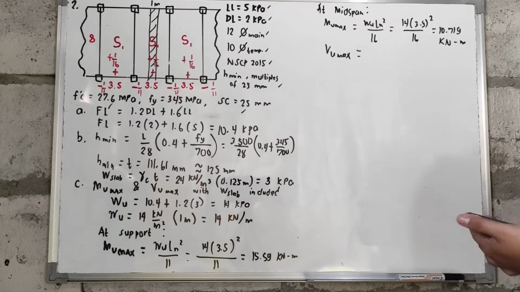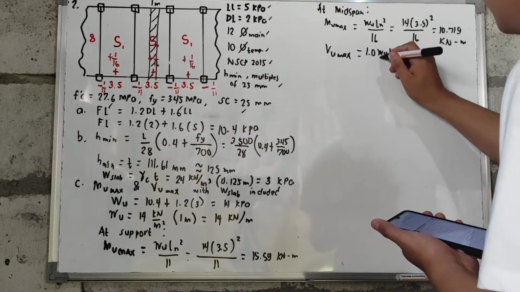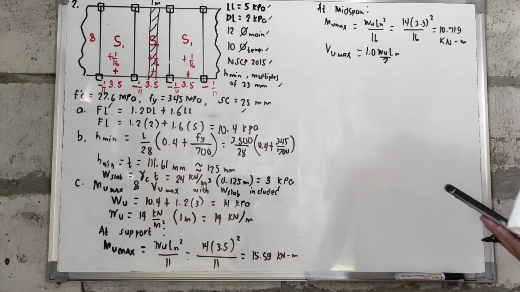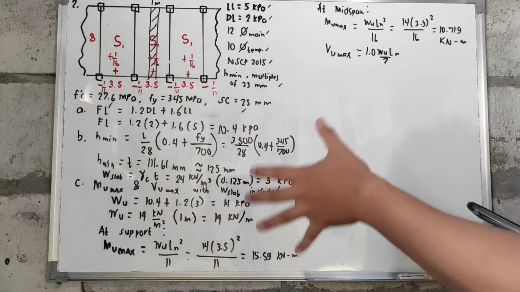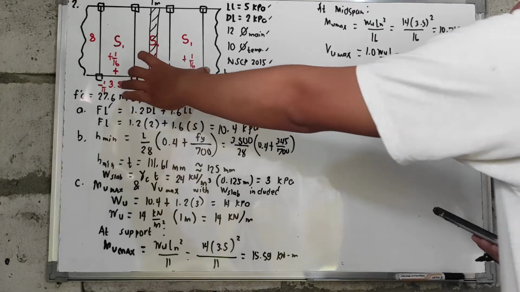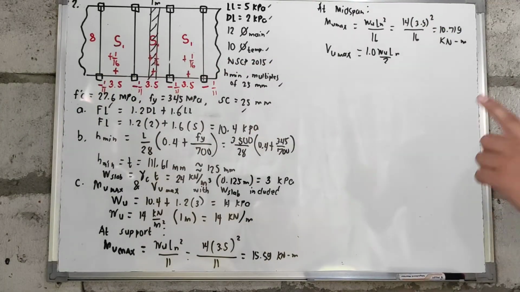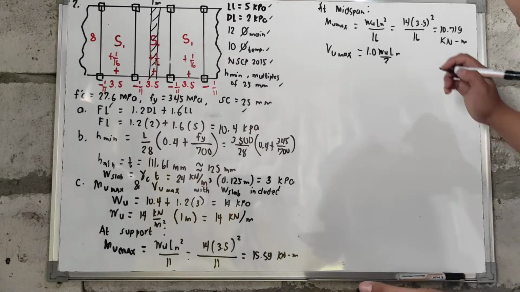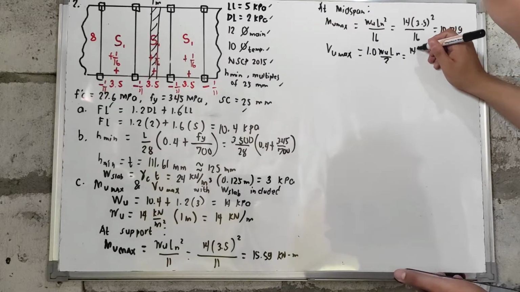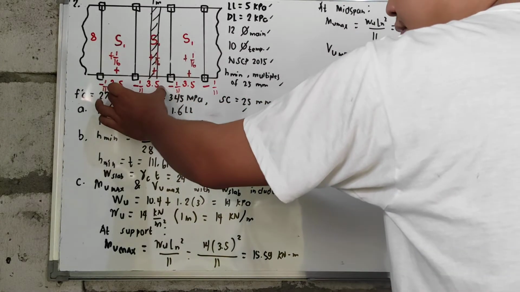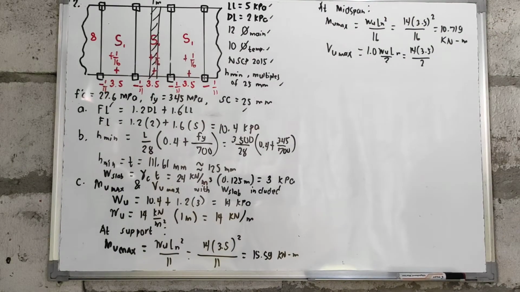After that, let us calculate for the value of your Vu max. So yung Vu max natin dito, that is only 1.0 Wu Ln over 2. Kasi nangyari dito is wala naman tayo dito na first interior support. Diba? Sa first interior support, yung exterior face niya, that is 1.15. Kaso, etong mga supports natin, nasa loob na, nakapagitna, or mga interior supports na sila. Hindi sila first interior support. So, meaning to say, 1.0 lahat yung nandirito sa mga face ng mga supports natin. Kaya 1.0 yan. So, you have Wu na 14 multiplied by 3.5 over 2. And siyempre, ginamit natin yung 3.5 dito for the clear span kasi nga kahit na i-average mo yung mga adjacent spans, 3.5 din yung sagot kasi parehas lang naman yung dimension nila. So you have 24.5